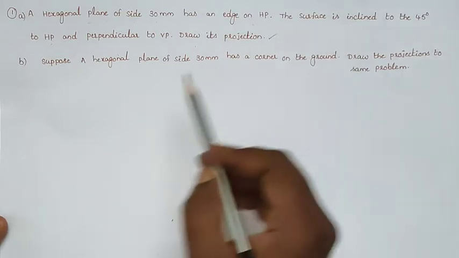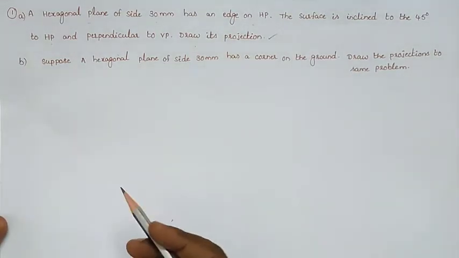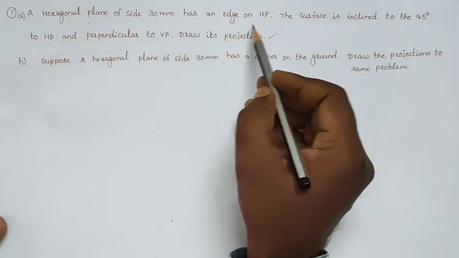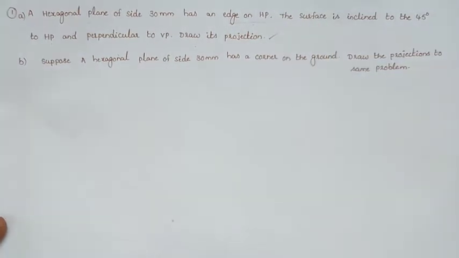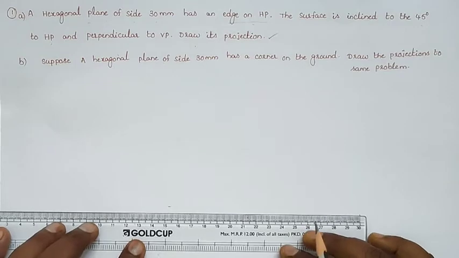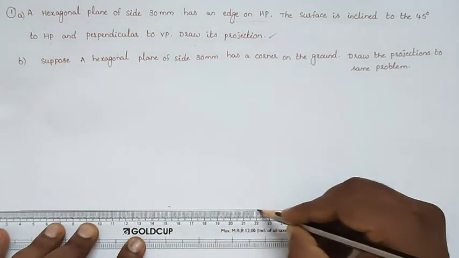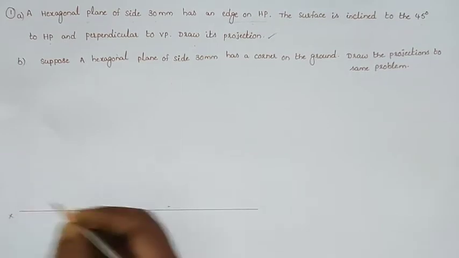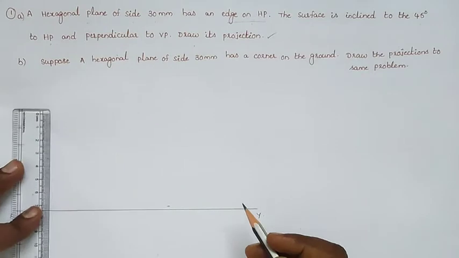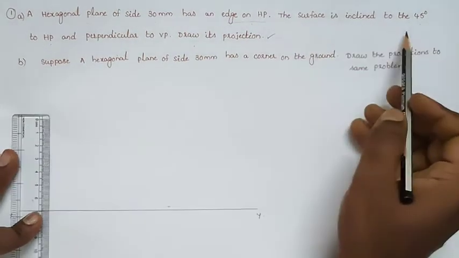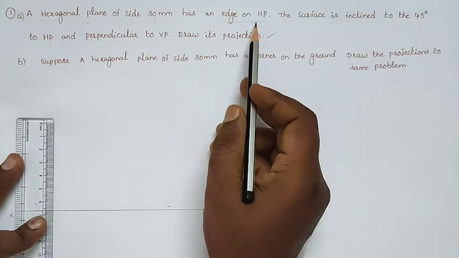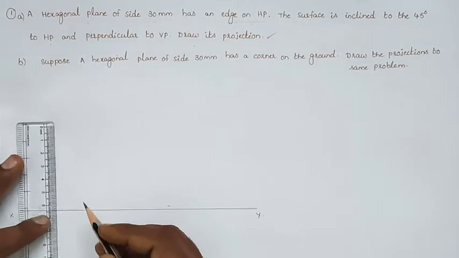In this position, initially we can assume that for plane surface inclination to HP, the plane surface is on the HP or parallel to the HP. We will draw the first front view and first top view. How will we draw the first front view and how will we draw the first top view? So initially draw the reference line. I am solving the first problem. So draw the first top view here because the surface is inclined with respect to the HP. So in the first case we assume the plane surface parallel to the HP.